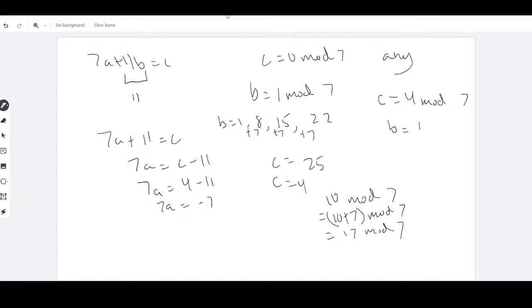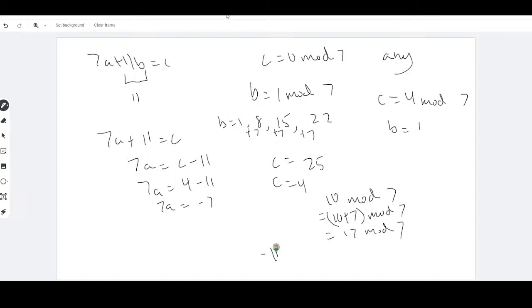And then I can also take away 7 from 10, and then 10 mod 7 is just 3 mod 7. And that's also true. But you can still take away a 7 from the 3, and then it becomes negative 4. So you can still say that 3 mod 7 is congruent to negative 4 mod 7. So basically, if you're ever doing mods with negative integers,